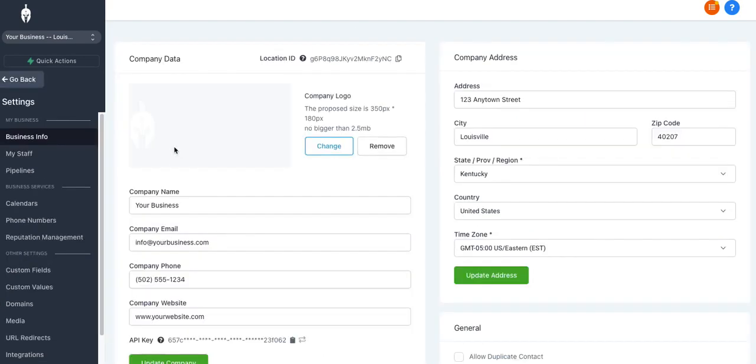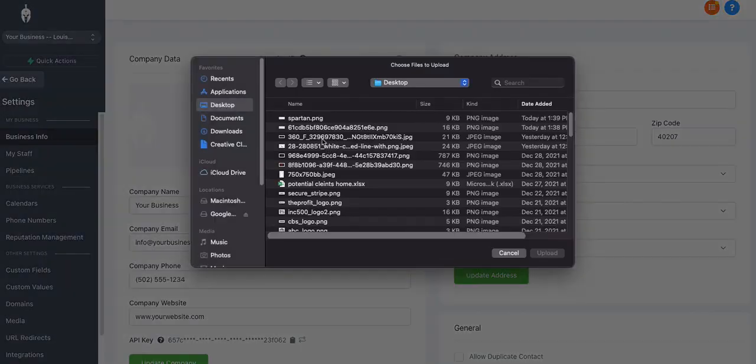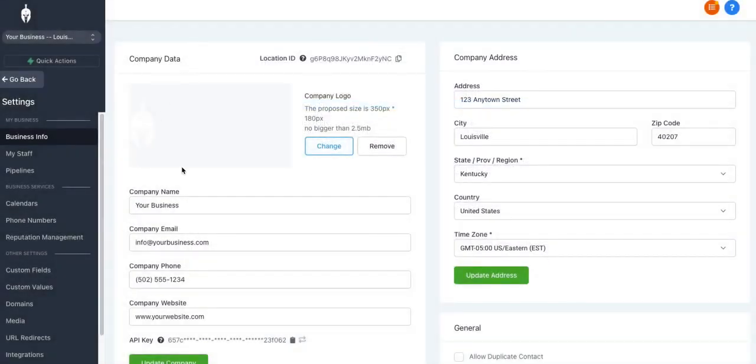Once it loads, this is where you can update your company information. You can upload your logo, change your company name, email. Some of this information may already be pre-populated in your account, so you just want to double check it, make sure everything's correct, or if it's missing information, add that information into the application. If you want to change your logo, click on the change button here. It'll give you a drop down, select the logo you want to upload, click upload, and it should upload in